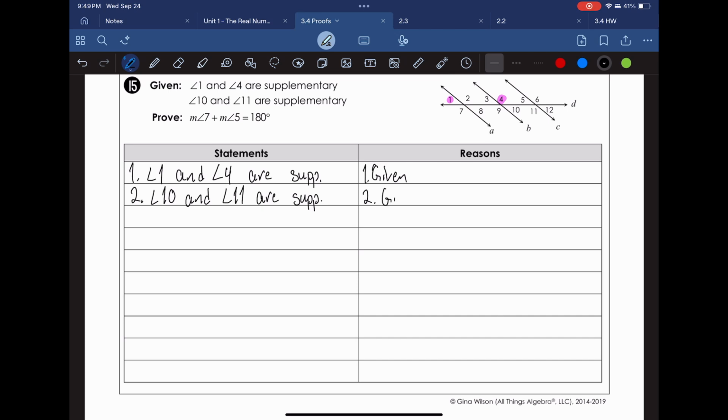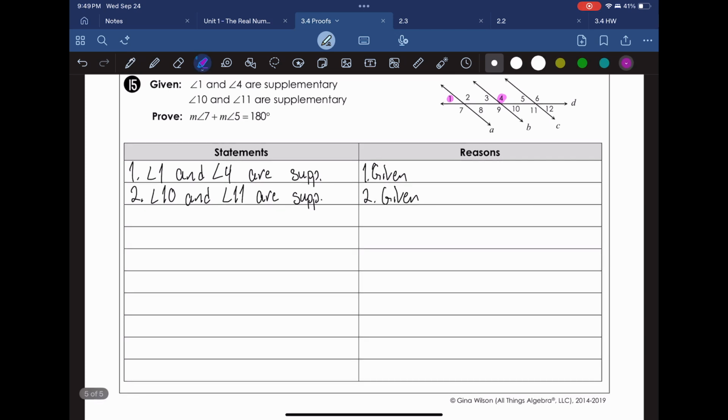This is also just given to you. I'm going to make this stand out in a different color, right? We've got 10 and 11 are supplementary. And you know what? Just looking at what I've got, I can tell you that this is in fact going to give us parallel lines. And because of those parallel lines, we are going to be able to show that we have different angles be supplementary. So part 3 here,